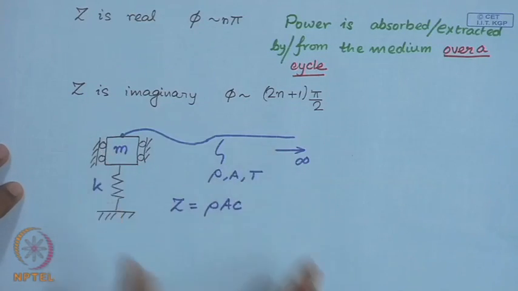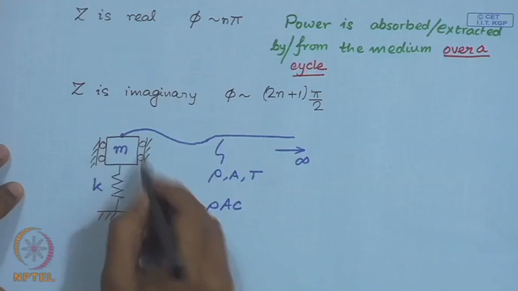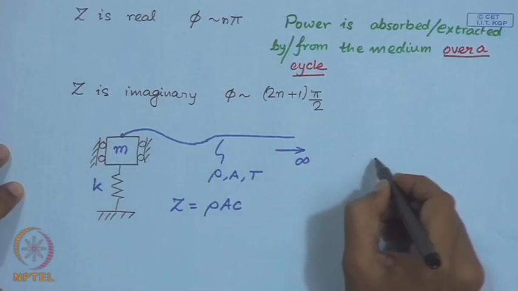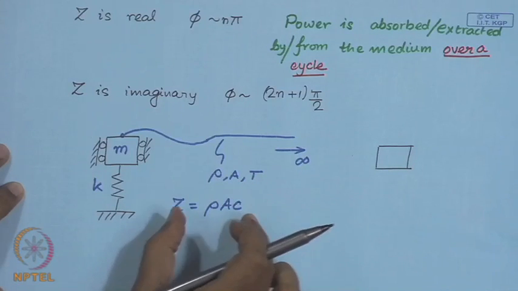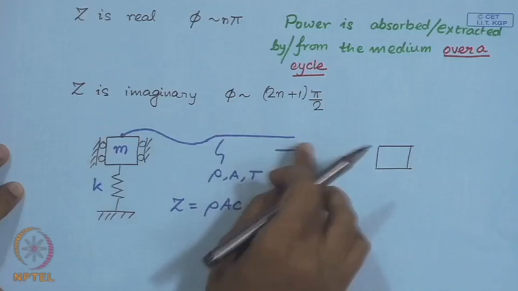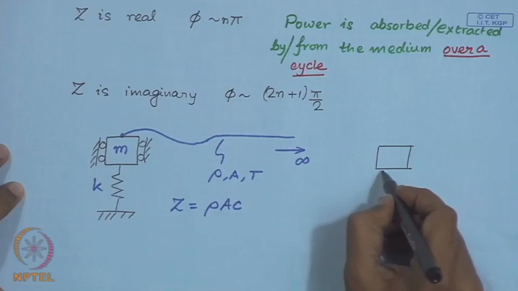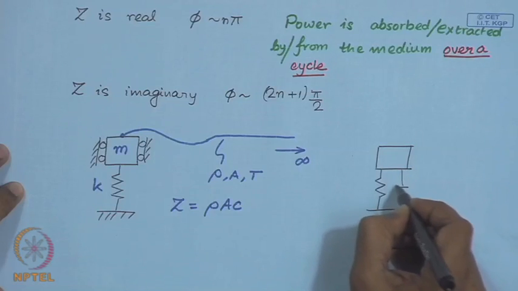So, that is the impedance of the string. Once you connect this oscillator to the string, since the impedance is real, power will be real and positive, power is always absorbed in the medium by the string,